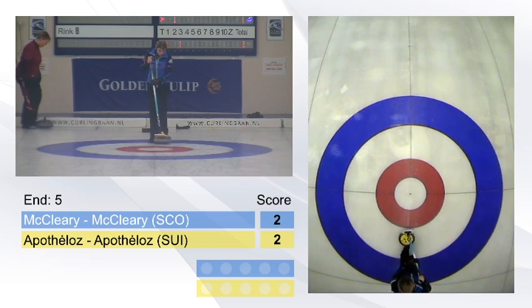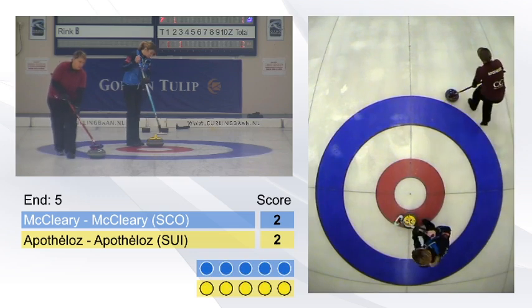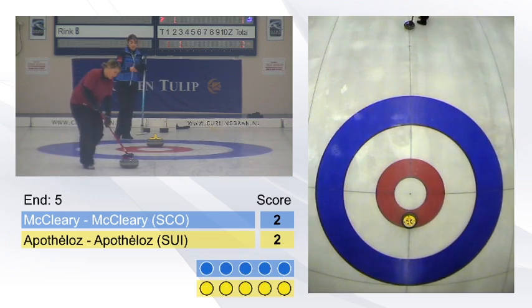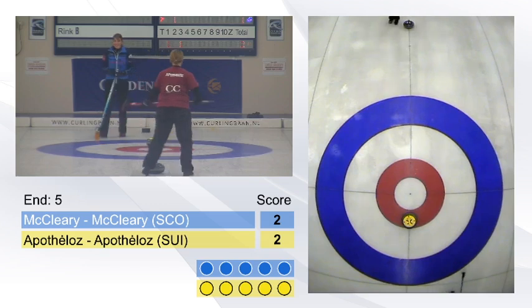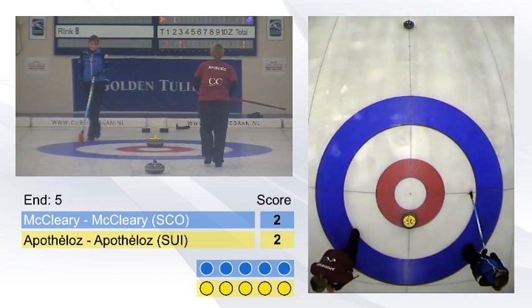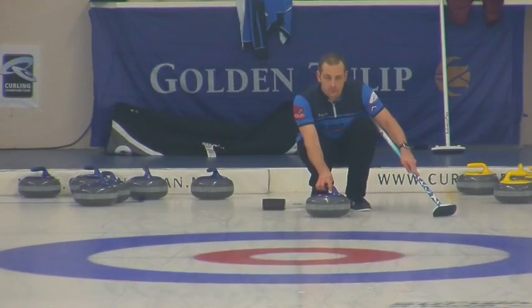And they're still going to the middle. No power play yet. The power play is new for teams. This is a new rule this year. It was introduced in October. So not all teams have had the opportunity to practice with it or play with it yet. Teams with more experience seem more inclined to try it out. Kind of expected the McClearys to give it a go already, but well, I think